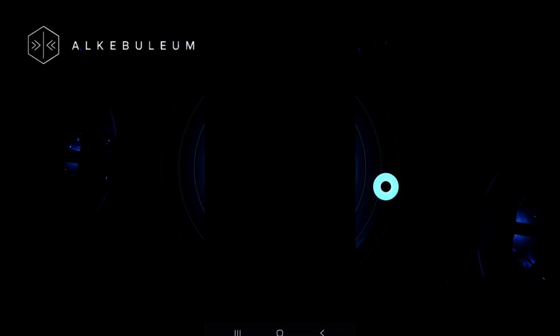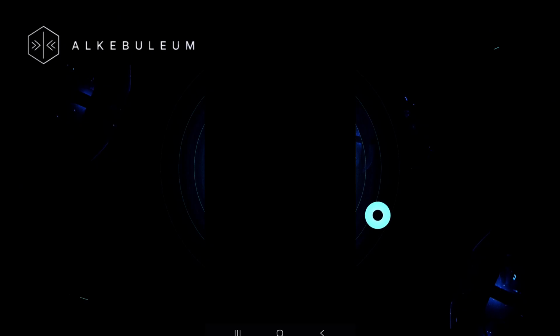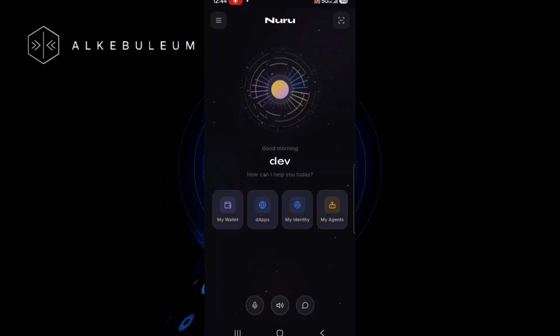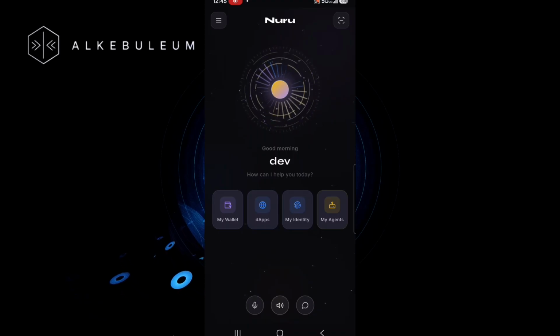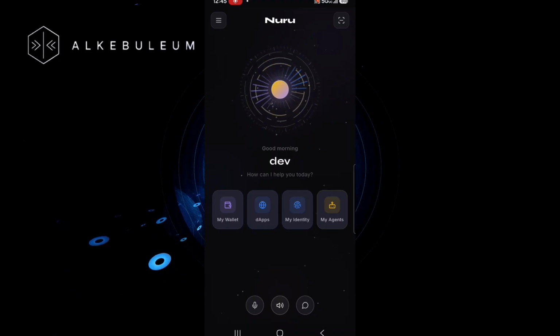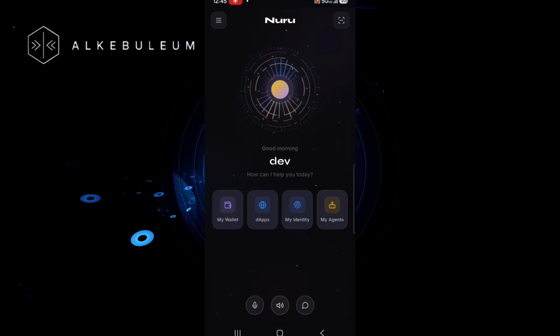I'm going to show you guys the new version of Nuru. Nuru is the AI wallet of the Alkebuleum ecosystem, and we're going to show you how this new version of Nuru works. So I'm going to log in using my bio fingerprint, and there you go. I'm logged in. With this new version, you notice that we have a different home page,